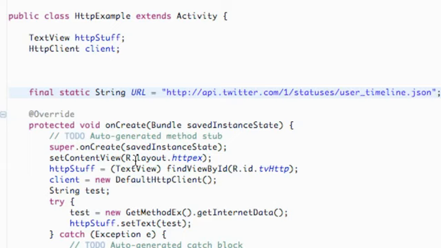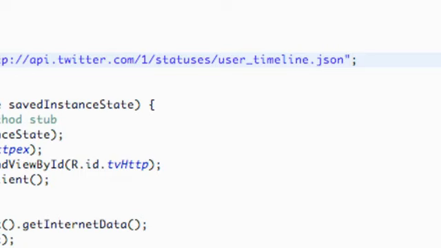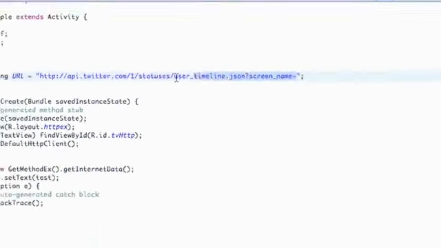Hopefully in this tutorial you will understand a little bit more about what we're doing. The first thing we're going to do is add to this URL, because before, I just wanted to show you it was a JSON type URL. What we're going to add to it is a question mark, screen underscore name equals, and for example, we're going to just copy this